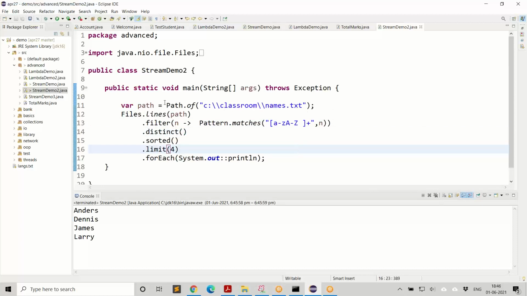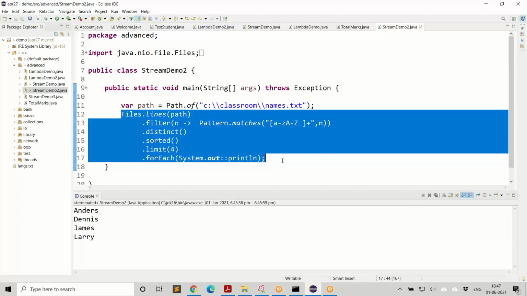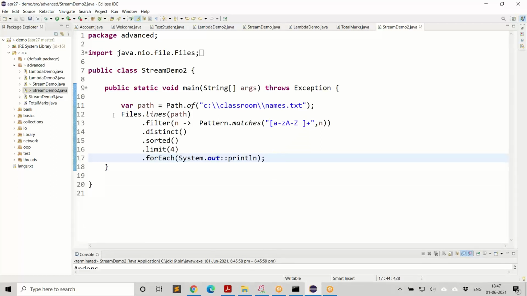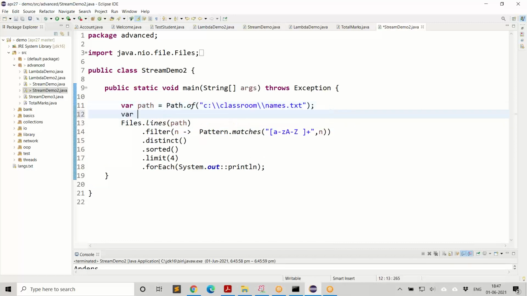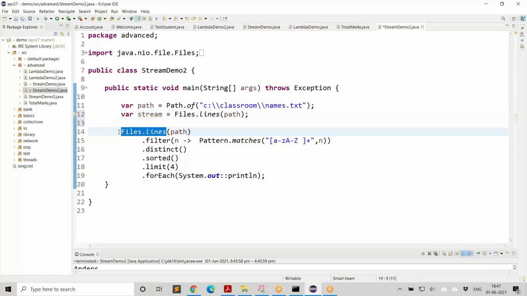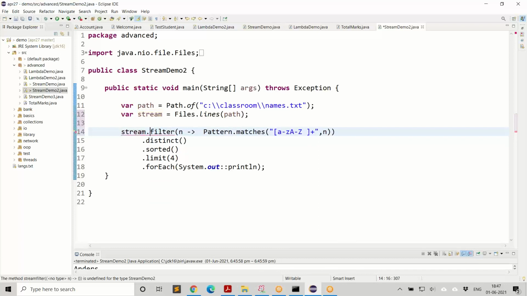So this is where we get the data from a file. But once you consume the stream, you can't use it anymore. So once you take the stream and consume it, it is not to be used again. Now what I mean, let's see this. If you take this, let's just separate this from the rest and we say stream. This is the stream. And then I can apply that stream here. We say stream.filter, and the rest of the things. This is fine. We can use that.